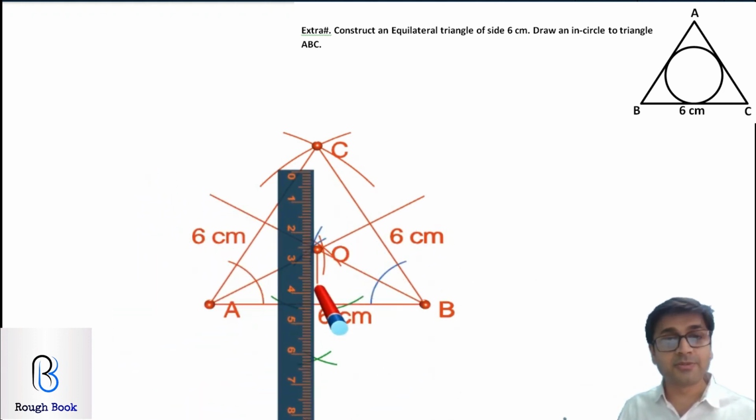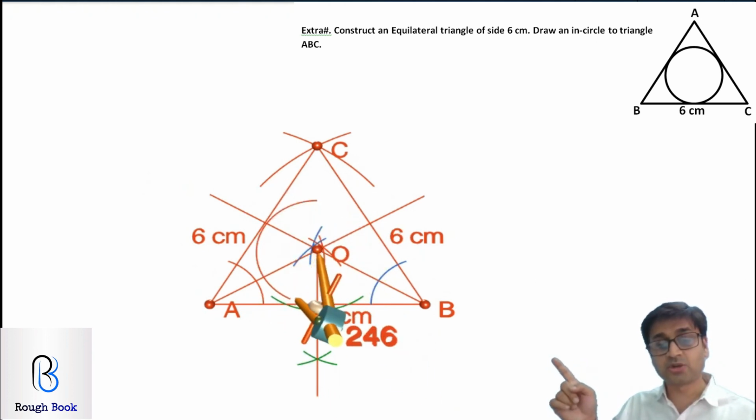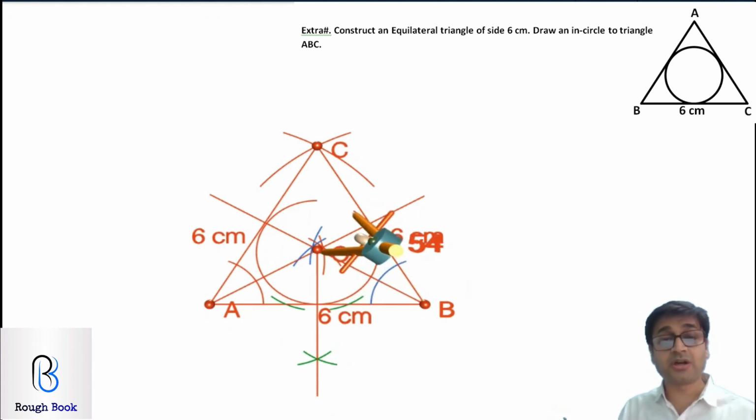Why are we drawing this perpendicular? Any clue? Because this point where it is hitting AB, can you see that point over there? That is called M. That becomes your radius of the incircle. So I will call this point M. Keep your compass on O, measure till M, and then construct your incircle. So to get the radius of the incircle, we have to drop this perpendicular.